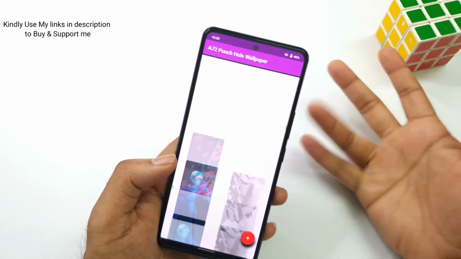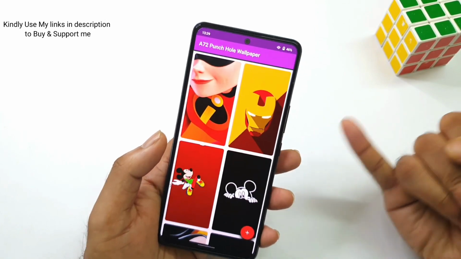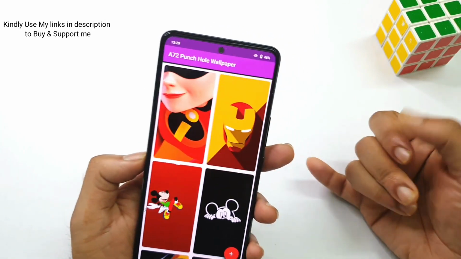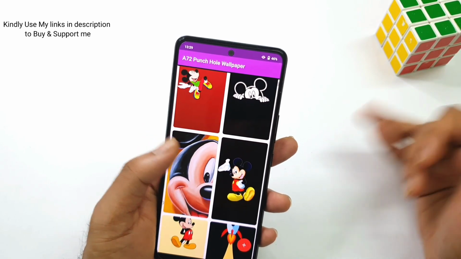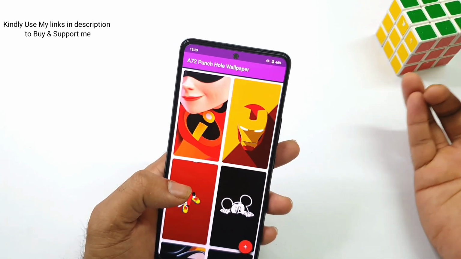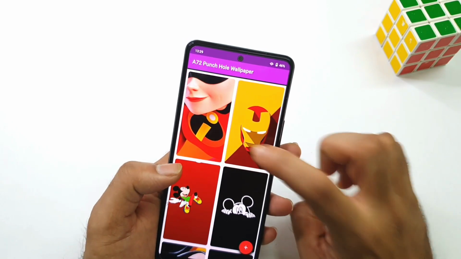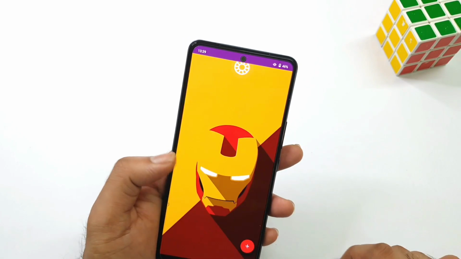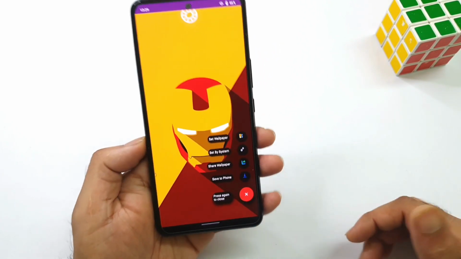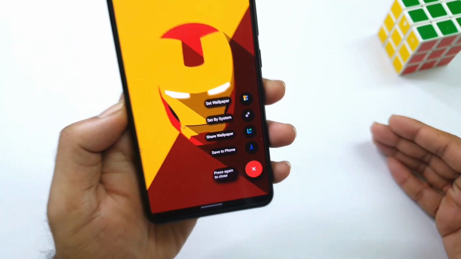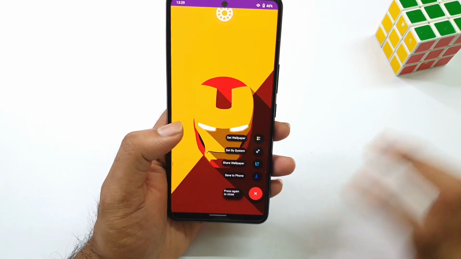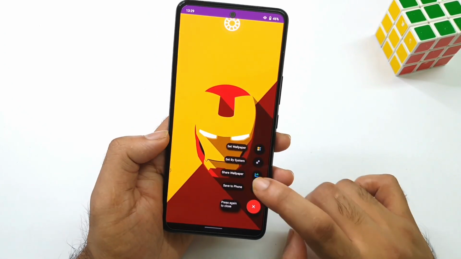And there are three advantages. One, to avoid ads, you need to disable the internet connection. Next, all wallpapers are available offline, so you don't need to connect to the internet every time. And third, you can download these wallpapers and save them into the phone. Everything is free. This complete application is designed for free only, and you don't need to pay any money to enjoy these benefits.